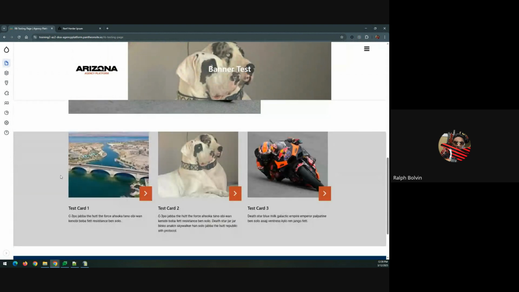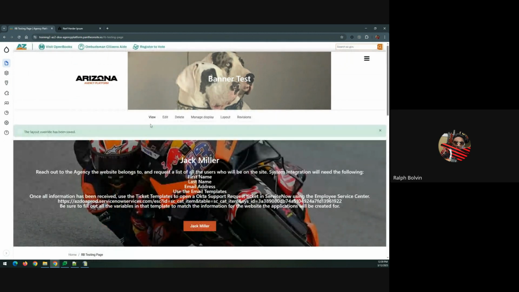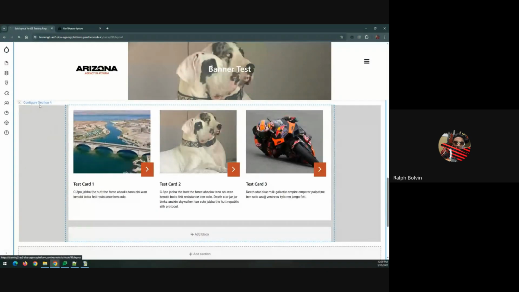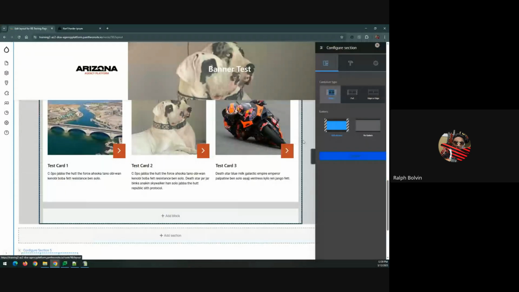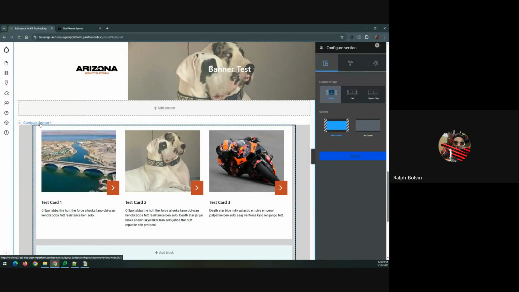So this kind of just breaks up the page a little bit. But if you notice, this background lines up at the top of the cards. Doesn't look right. There's padding down here on the bottom, but none on the top. So let's change that. Besides a lot of scrolling, there's padding and then there's margins. So back here in this configure section,